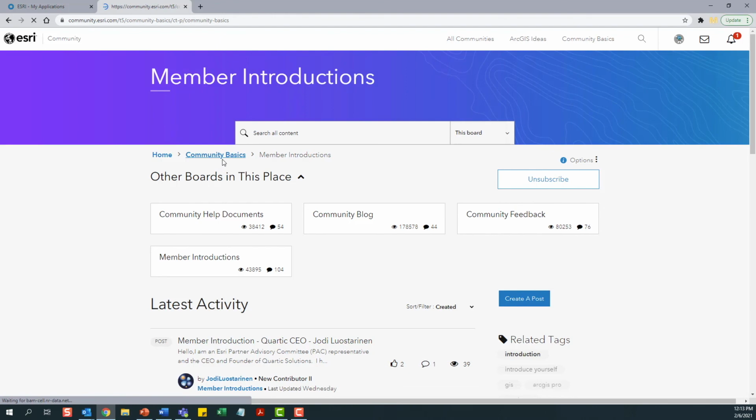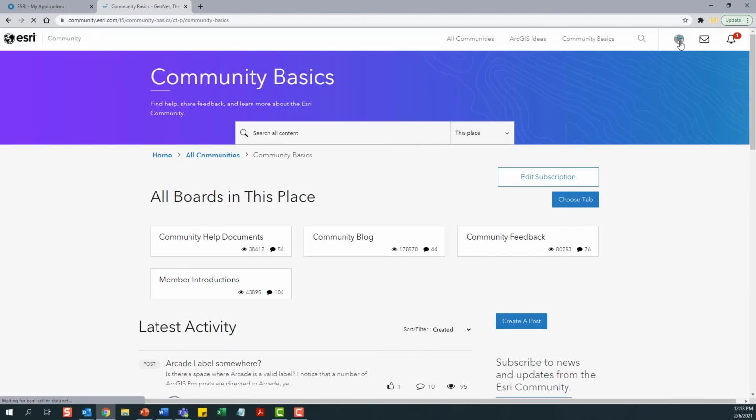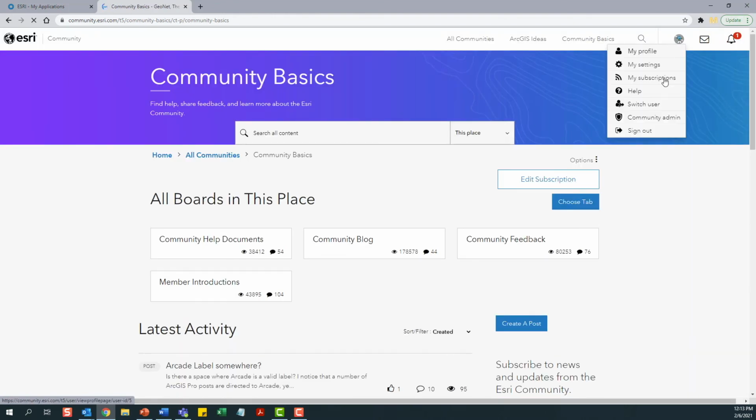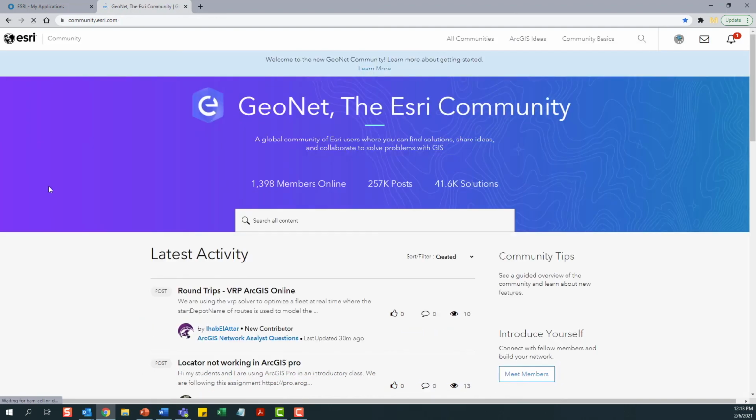So that's a little bit about using the community. And the last thing I'll show you is under your little icon here. This is where you can manage your subscriptions. So everything you subscribe to in the community, you can manage your level of notifications and how much of that comes to email. So that's all I wanted to share with you today was an introduction to the new community platform,